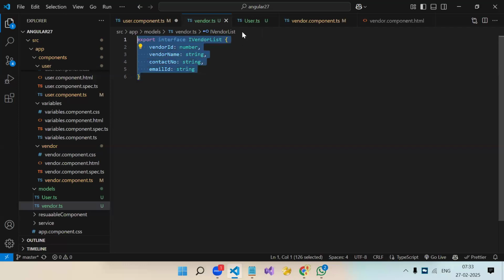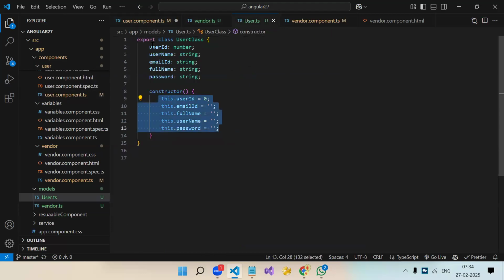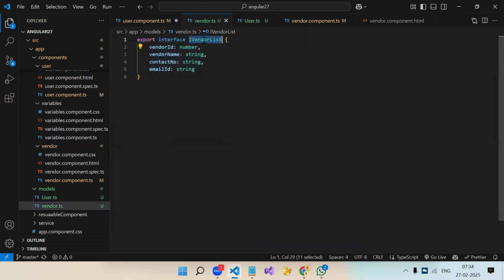But it's not only for storing data. If your variable is an array, you can create an interface. You can create a class as well. This also you can bind over here. But specifically, if you create a class, you have to initialize the properties also, right? But if you know that whatever you are creating is going to be used to bind to the array, so why go for a class? Just use the interface.